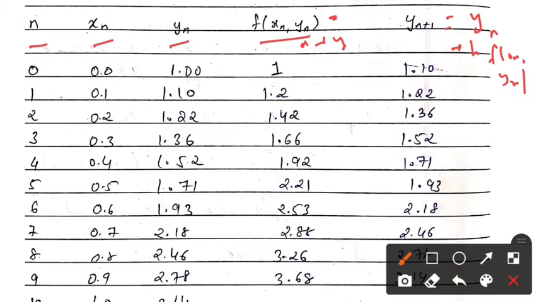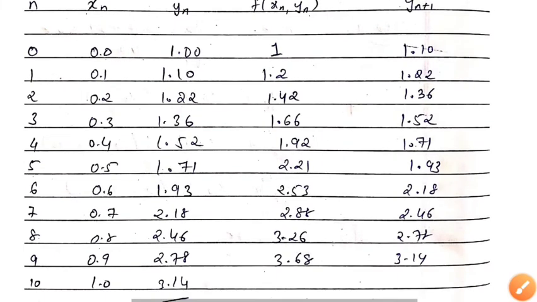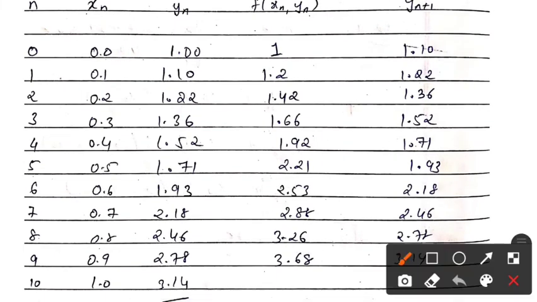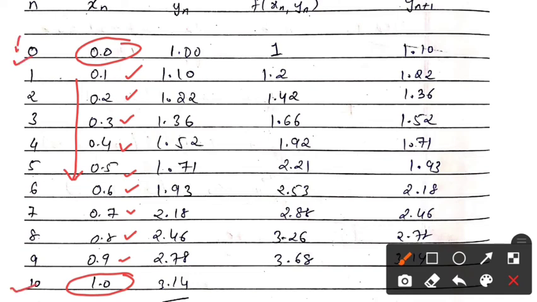Right? Now your first step will be to write xn. See, from where you have to start? From x you have to start from 0. Till where you have to go? You have to go up to 1. Your h given is 0.1. So, taking the interval of 0.1, first write all the values of x, that is 0, 0.1, 0.2, 0.3, 0.4, 0.5, 0.6, 0.7, 0.8, 0.9 and 1.0. After you write all these values, write here the values of n, that is 0 to 10.